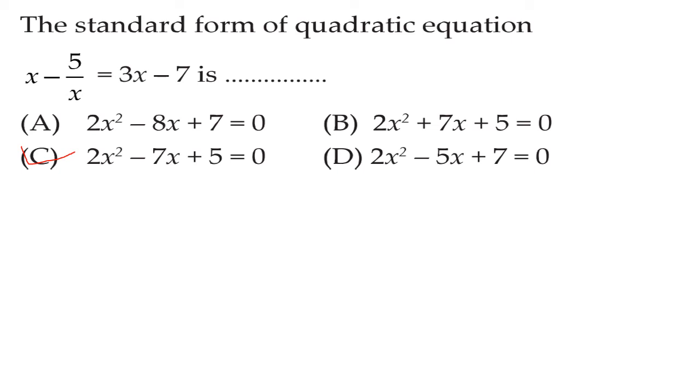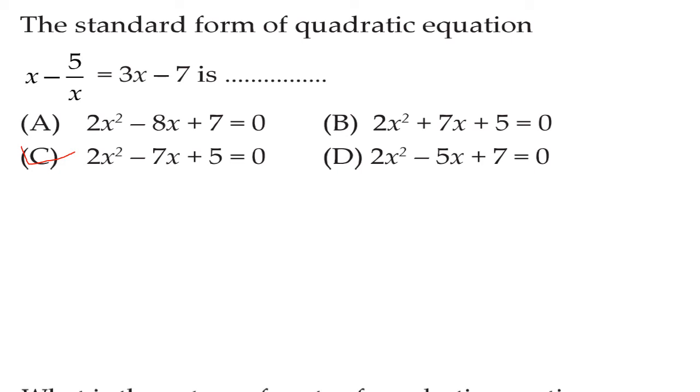So in this way simply you can find out the answer. Check it now whether they are correct or what. When you are multiplying here by x, here you will get x square, here you will get minus 5. So on left hand side you have x square minus 5 and here you have 3x square minus 7x, correct? So when you will shift this x square this side, here you will get 3x square minus x square is 2x square, then minus 7x, and this minus 5 is going to become plus 5. Okay. So simply by observing one term I found out the answer. This way you have to do.